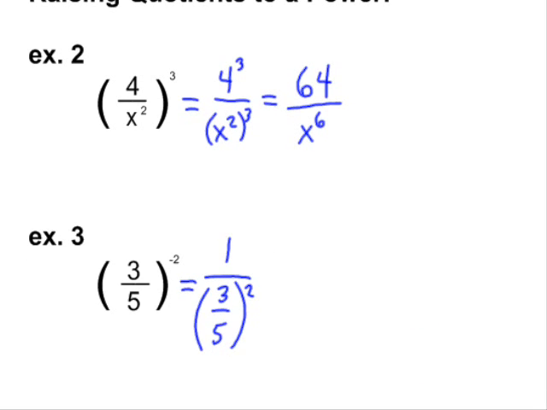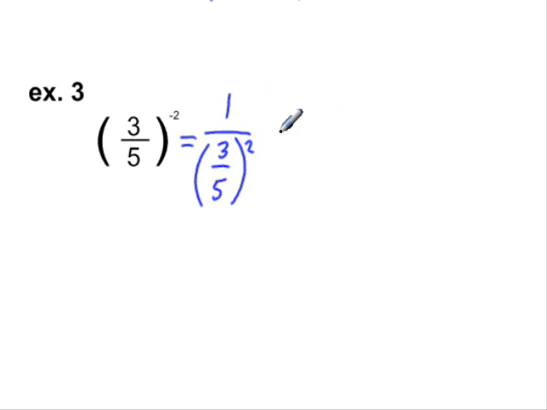And just to give you a shortcut of that, rather than having to divide all this out and doing it this way, because this is basically what this compound fraction means, is 1 divided by 3/5 squared. Instead of doing all of this, we can take a shortcut,